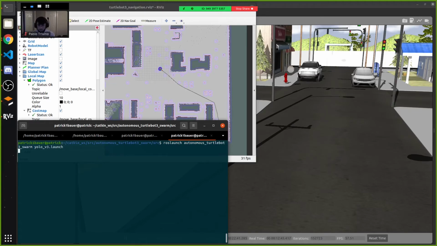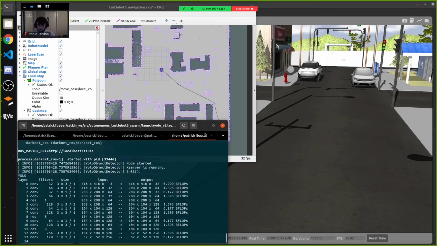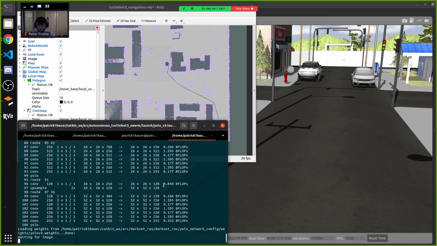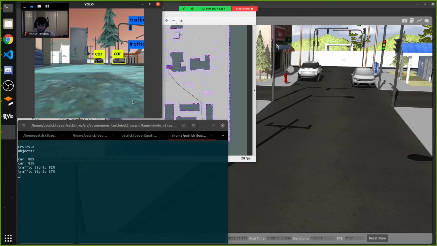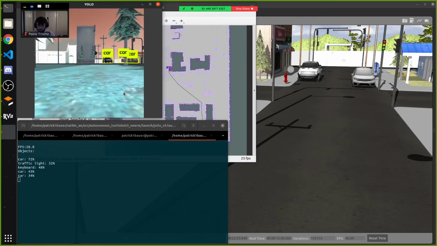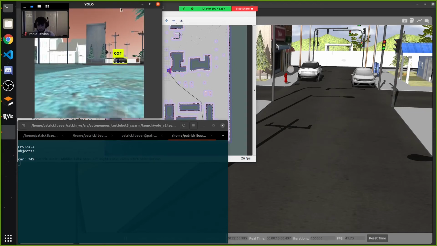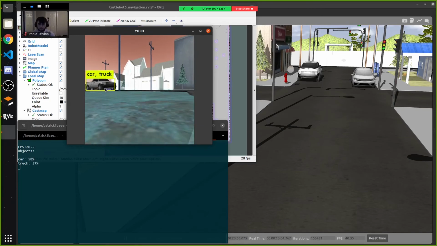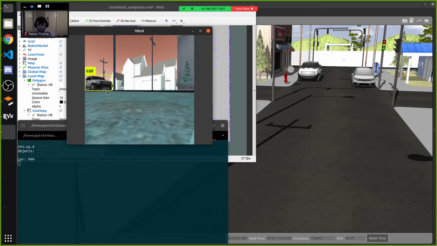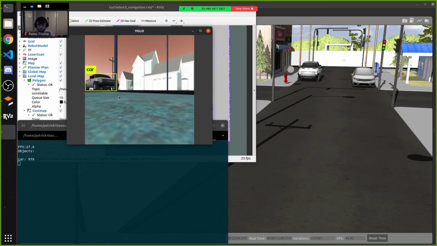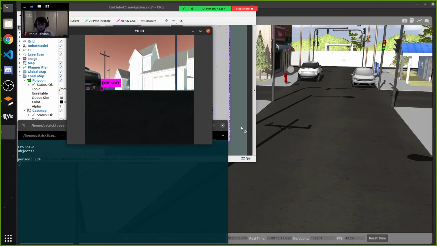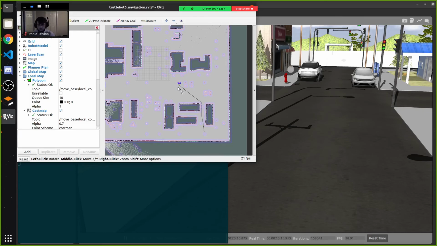And the last thing that we start is the object detection, which will give us a window of what the turtlebot sees, as well as any objects that the turtlebot is detecting. So as you can see in this new window, it is recognizing classes from the public dataset, the COCO dataset. In this case, it's recognizing a car or a truck, and all while it's moving, it's pathfinding throughout the environment